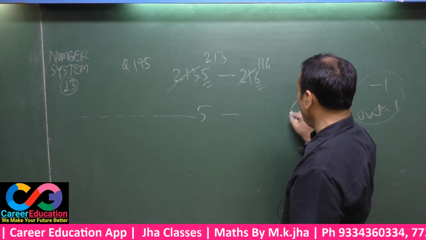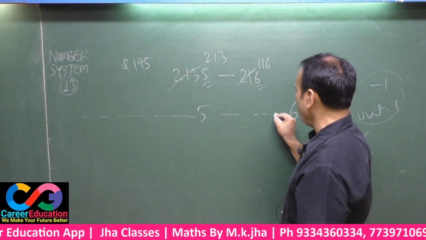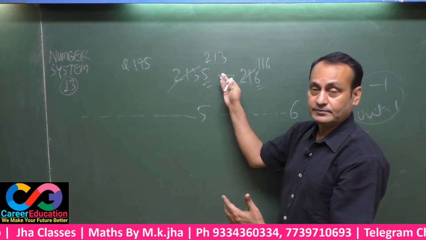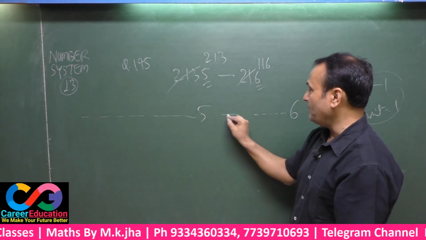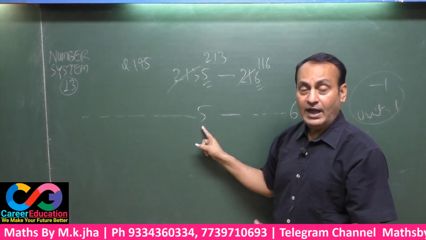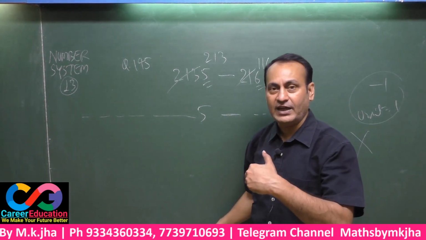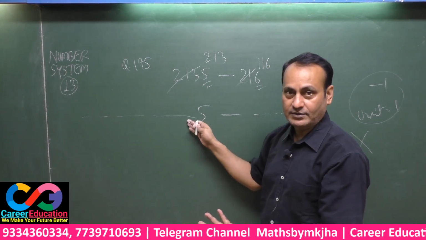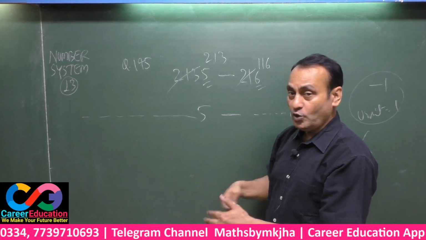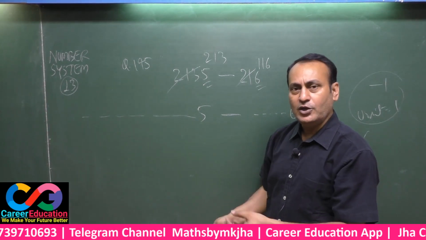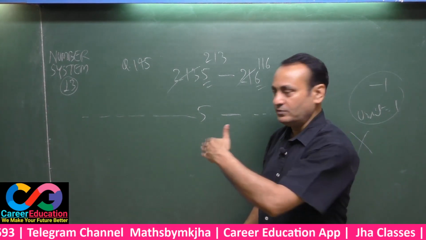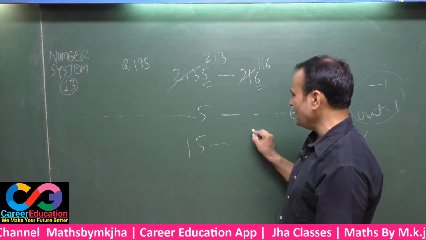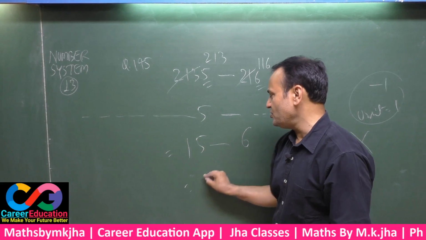Here also the unit is 5, 6. But before this there are so many numbers in this product. That means you have to subtract 6 from 5, and 6 can't be subtracted from 5. That's why you have to carry from the next one. That means if you are going to take carry, you carry just 1 from the next number. That means this will be written as 15 minus 6 again, and now this is 9.